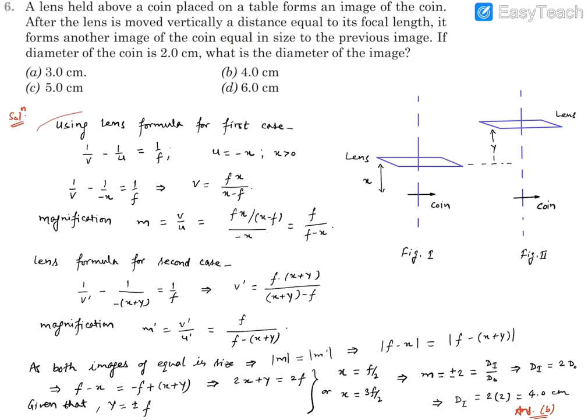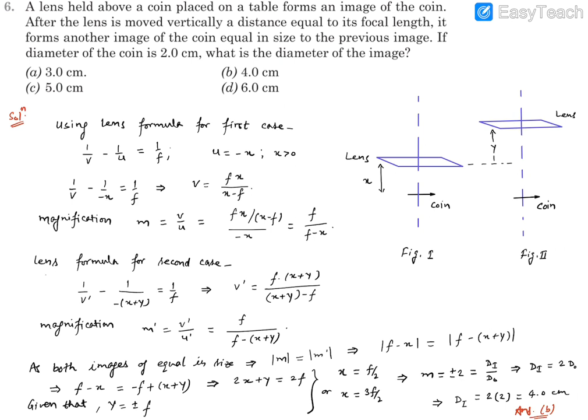So we can apply the lens law for the first condition. 1/v minus 1/u is equal to 1/f, whatever the sign it carries. We can think that in this case u is going to be minus x, where x is going to be a number. So we can simplify this expression and find the value of v, which turns out to be fx divided by x minus f. Now magnification is given by v by u. v is this number, u is minus x, so we can divide these two. It turned out to be f divided by f minus x, simply x getting cancelled out, and there is going to be a minus sign inside.